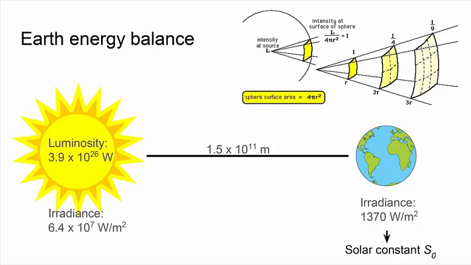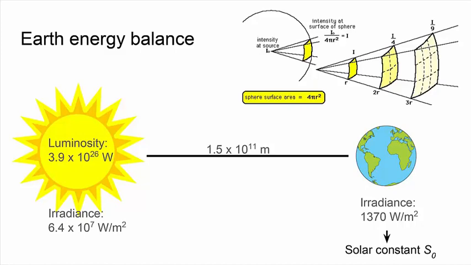You can also think of this in terms of irradiance, which is the flux of energy per area. So if you just looked at a certain area right on the outside of the sun, which is the photosphere, you'll measure 6.4 times 10 to the 7 watts per meter squared. So that's how much energy is passing through a certain surface area, at just the outside edge of the sun, which is called the photosphere.